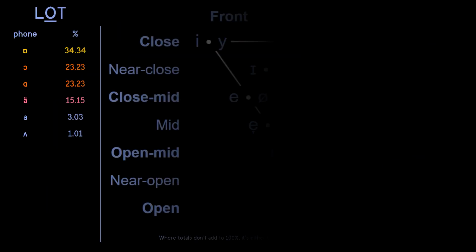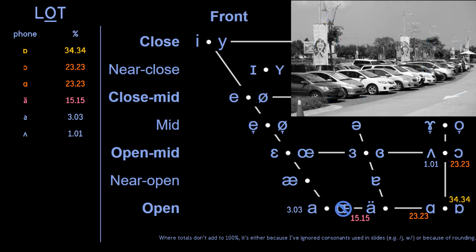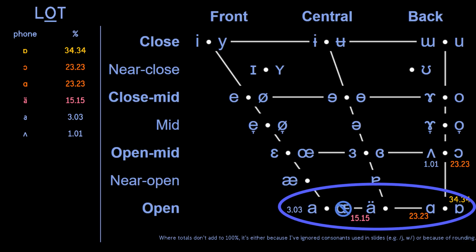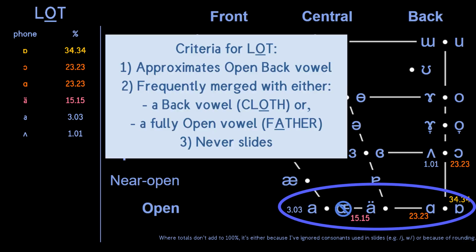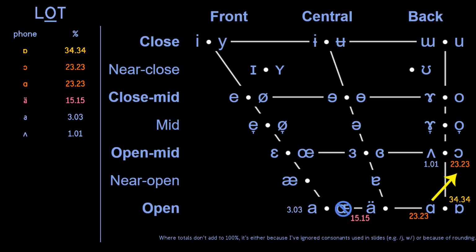When it comes to the lot vowel, the pyramid structure begins to return, but it's still a little lopsided. The key difference from the father vowel to observe here is how the lot vowel is rounded in the majority of accents. However, it also remains an open vowel for most speakers. Again, notice that once a vowel can't move any further back, it then rounds and begins to close. Here's the pie chart.